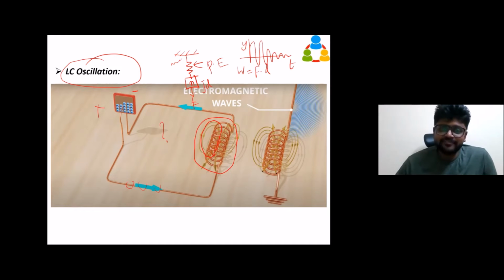So what happens when the magnetic flux linked to the coil changes? EMF gets induced, electromotive force gets induced, Faraday's law. You can use it in a generator. People know a dynamo. In a cycle, you have seen the dynamo, right? Anybody use that cycle with the dynamo? Nowadays it's not there. In old cycles, there will be a dynamo. When you're pedaling the cycle, that wheel will turn the dynamo and that will produce the electricity which will light our bulb. The bulb is attached in front of the cycle. So that is the simple dynamo. With our mechanical work only, we generate electricity and the electricity will be used to power up the bulb. So what's the principle of the dynamo?